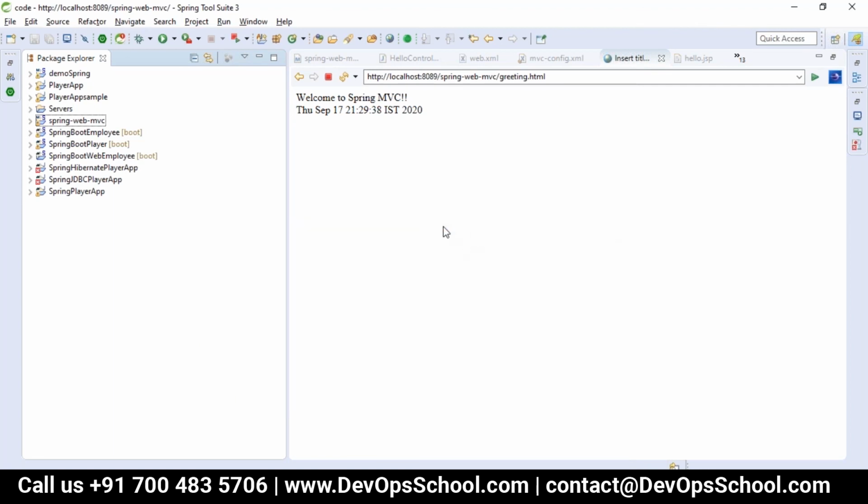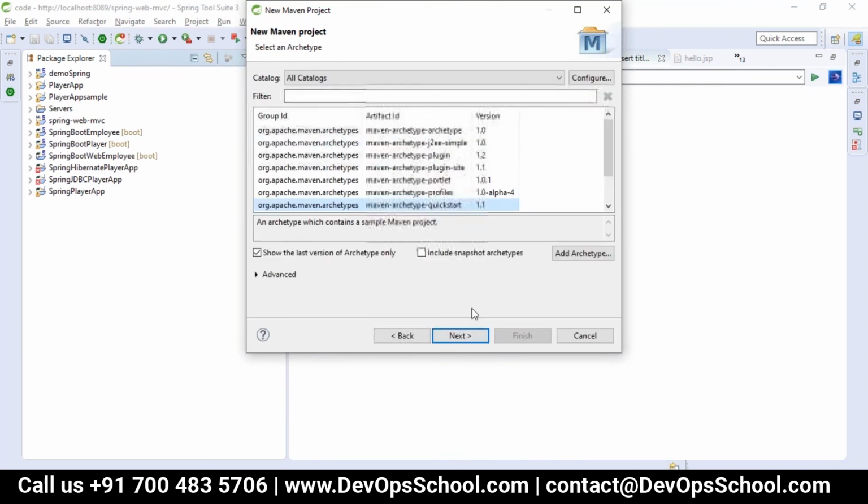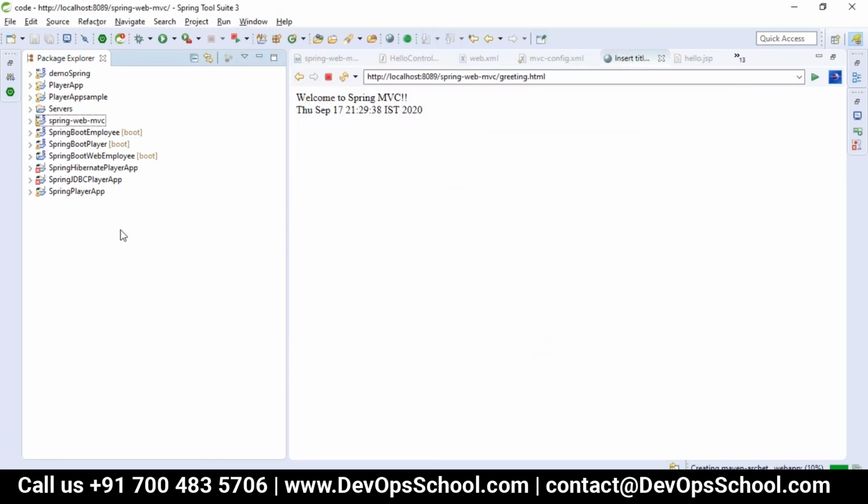For this, I'll just take a Maven project. Let it build. Within that time, I'll get the dependencies which are required.